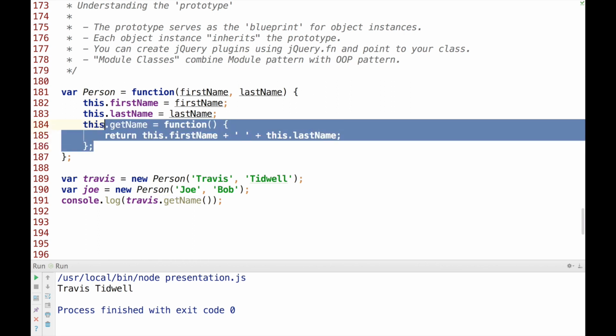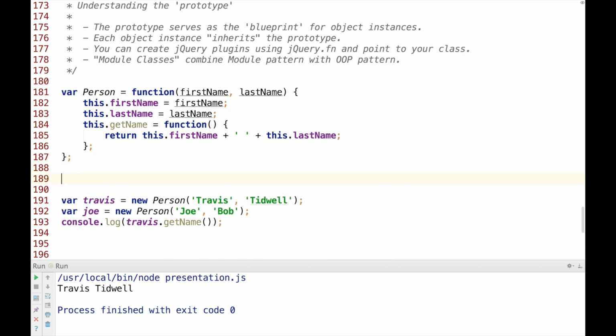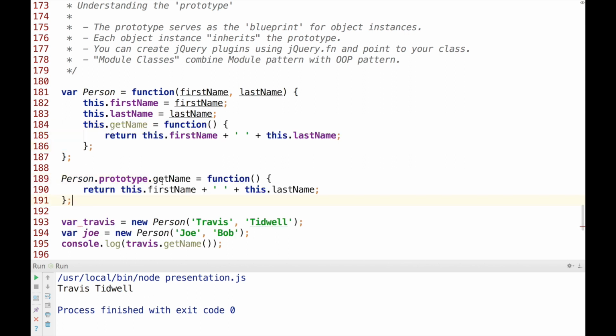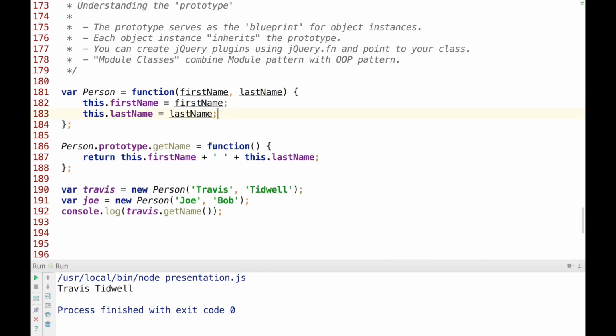So to fix this, it's actually fairly simple. All we have to do is we just go person, prototype, and then next to prototype, we can just copy this method right here, and everything else works the same. And now I can delete this method. And so essentially what I'm doing here is I'm saying the getName method is part of the prototype, so that whenever I create a new instance, this getName is actually